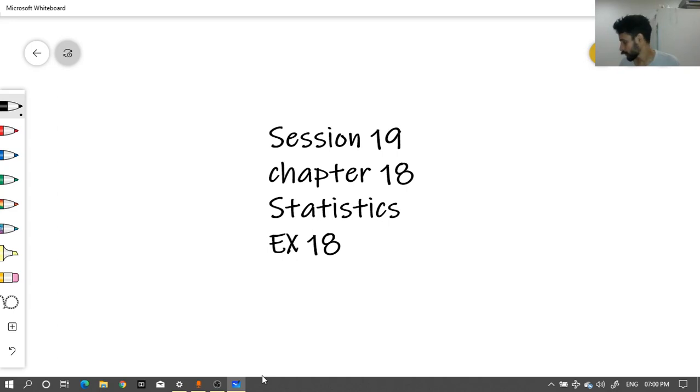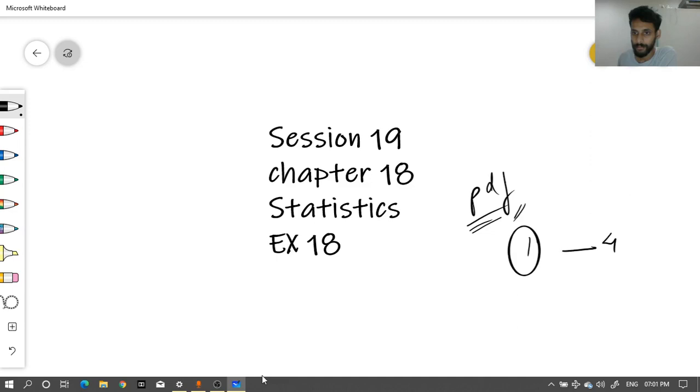Half of the questions, till question number 4, I have also already given you in a PDF, I guess. Those who have not got this PDF, collect it from your friends. Because this is an easy chapter, you already got this in previous classes. So if you get this PDF, do all the questions in your copy. It is easy, questions 1 to 4 of exercise 18. I gave it in the math group, so collect it from there.